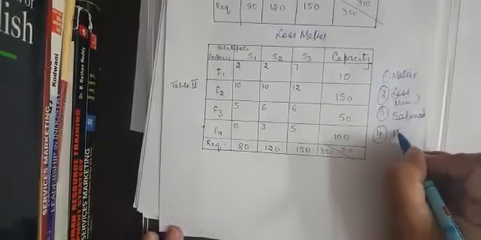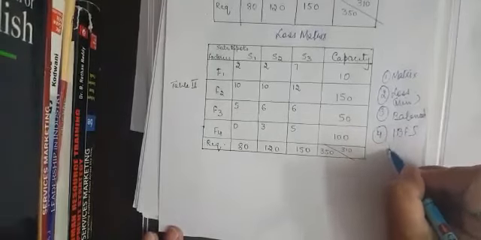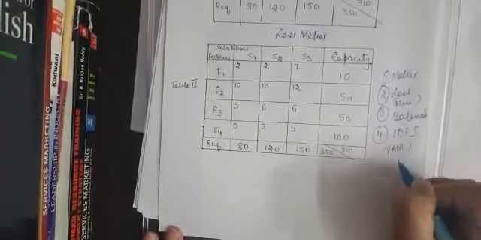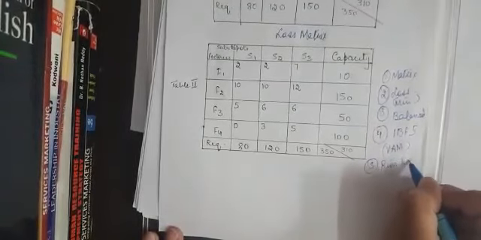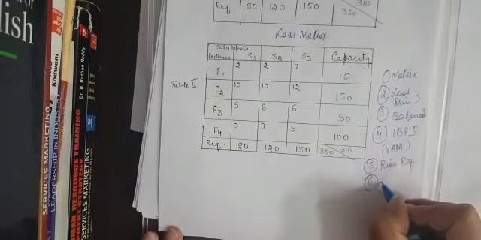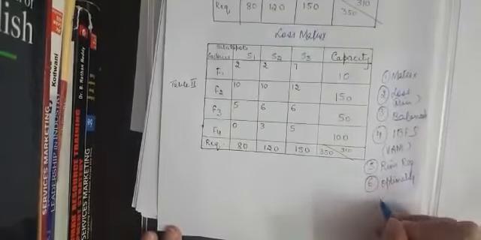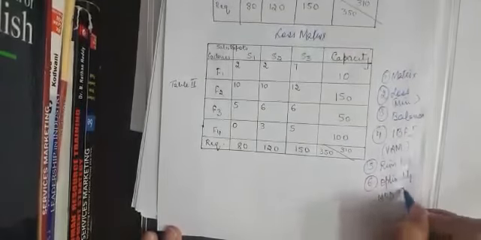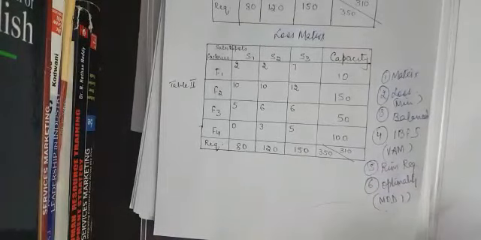After balancing the problem, we are going to find the initial basic feasible solution by applying the VAM method. The fifth step would be the rim requirement. And the sixth step is checking for the optimality. In this case, I would be applying the MODI method. Okay. Now, taking the initial solution.